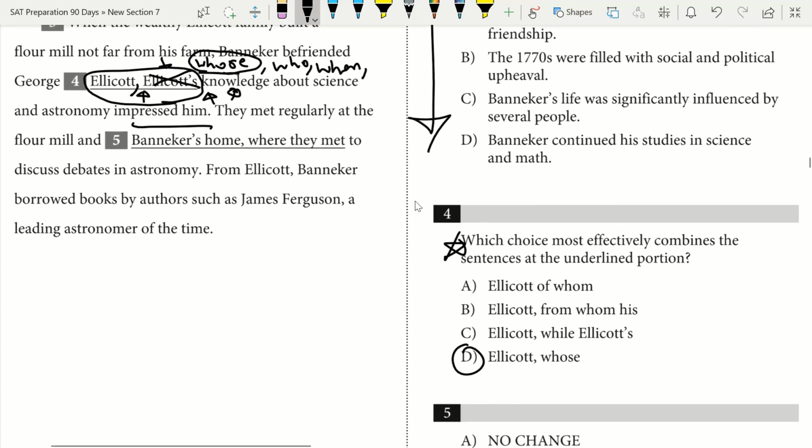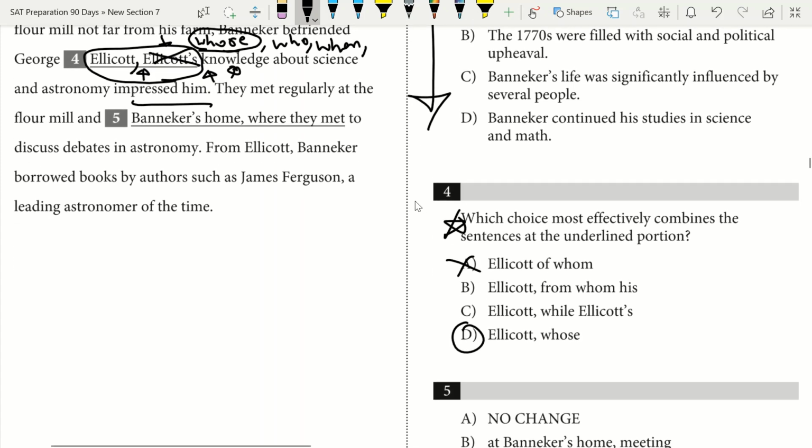All right. We wouldn't say Ellicott of whom, okay, because this is not idiomatic. Idiomatic meaning what we would normally say, which I know is kind of frustrating when there are questions like that where you just kind of have to know what it is, but that's just what it is. So Ellicott from whom his, that's confusing. That's not idiomatic either. Ellicott's, no, once again, we see repeating Ellicott. We don't want to do that. We only want to say Ellicott once, so we're going to say Ellicott, whose knowledge about science and astronomy